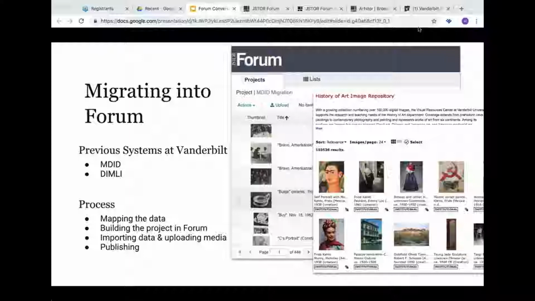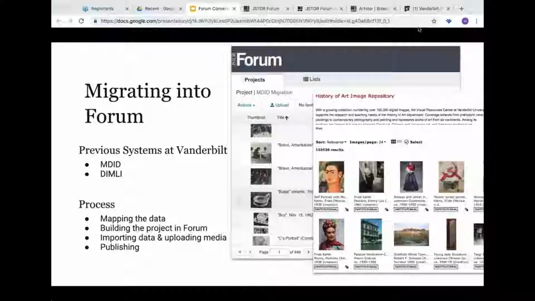But I would say maybe 80% or so, maybe 90% of our total collection is pretty well represented in MDID. Most of the records are there, but they're not as rich as the Dimly records are. So you get the basics of the data, but you don't get the really good relationships in MDID, of course. So we decided to just blanket migrate what was in MDID, as well as every image file that we had,